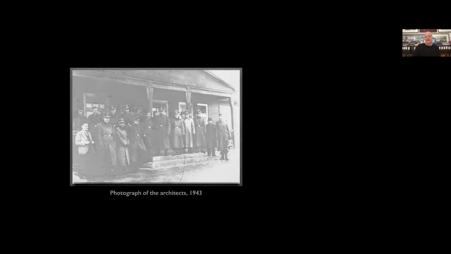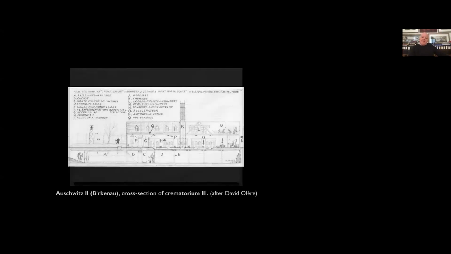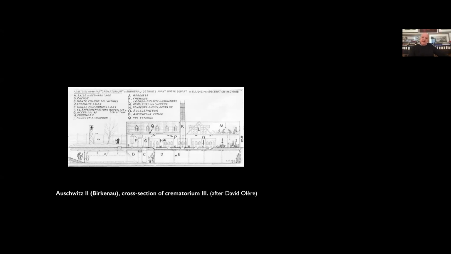And so we got around 80 casts of important pieces of evidence. Here, a photo of the architects that ultimately were going to make the walls of this evidence room. Here we have the section by Olaire, and here we have the cast. And we're very close to the end of my talk right now.